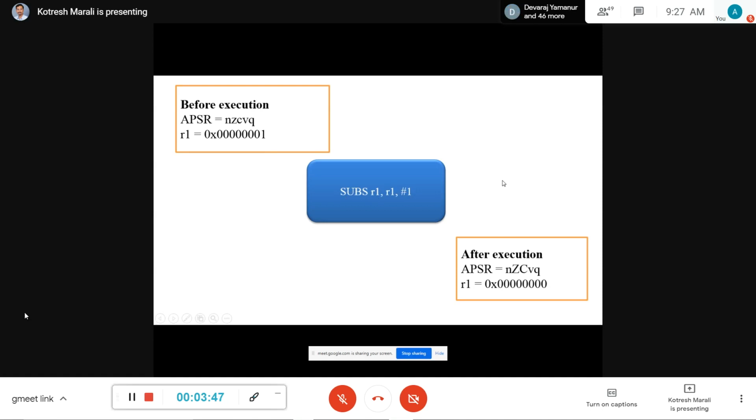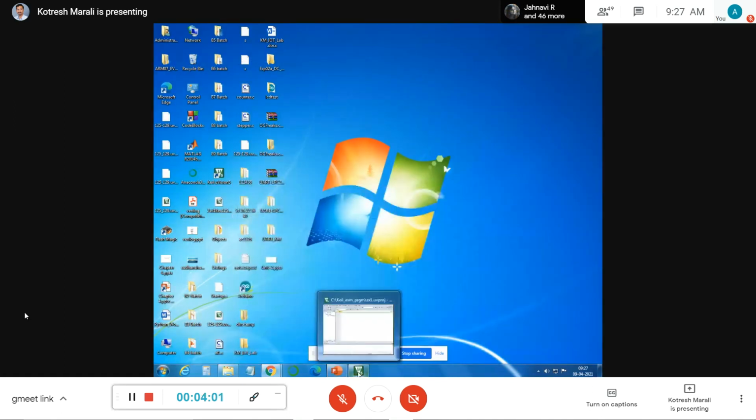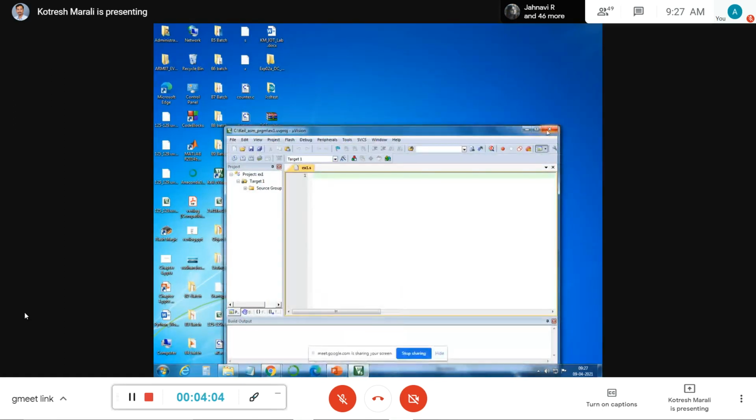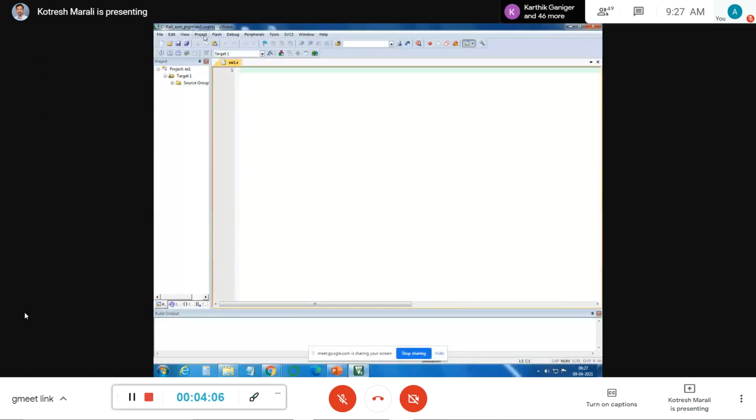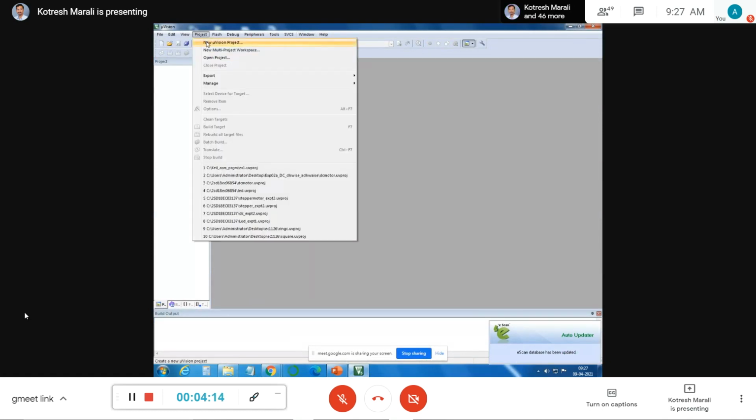So we'll see this operation by performing it in Keil, and we'll see how the output is going to vary. I'll take one or two examples on Keil so that you will understand these operations in a much better way. As usual, you are already familiar with the Keil usage. So double click on Keil and you're going to get this window. I'll close whatever project was there, the previous project.